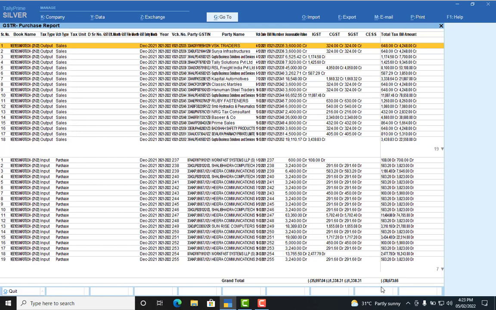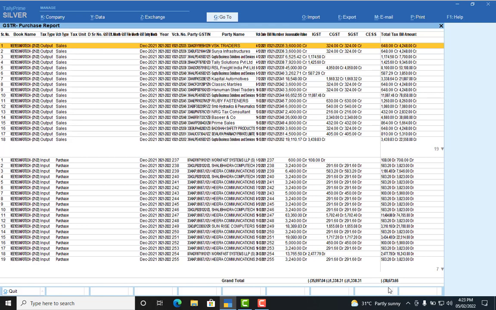This is a detailed report, it is not a combined report. All the transactions appear. The top portion is the sales details and the bottom portion is your purchase details. So output minus input is exactly how much tax you pay to the government. This detailed report is now available in this add-on.